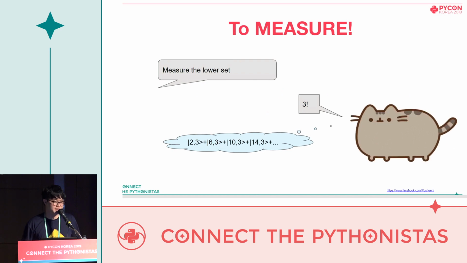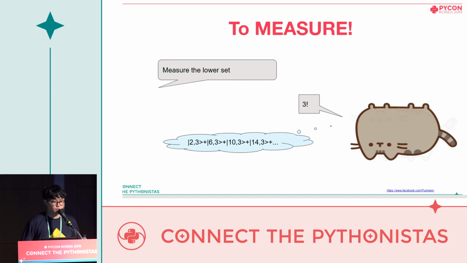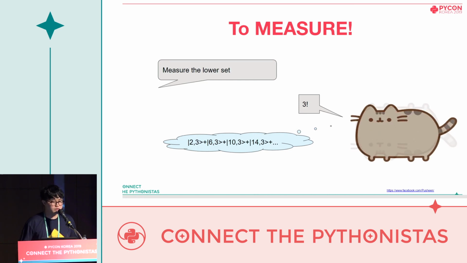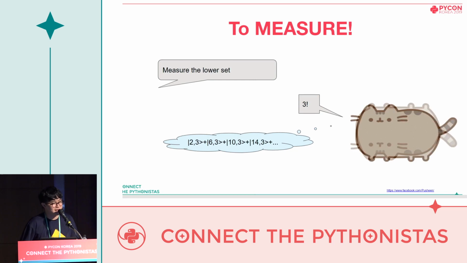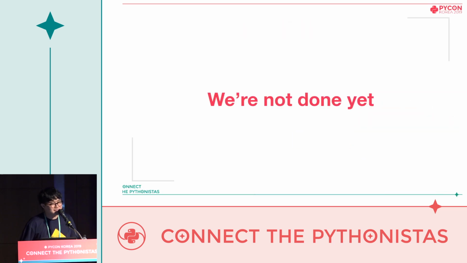If we measure the lower set, then the lower set will give us one of the remainders, which in this case is 3, randomly chosen. We haven't measured the upper set yet, so all the other powers that have different remainders disappear. Note that the remaining upper set increases at a rate of 4, which when used as a power gives the remainder 1. So we can think that we can just measure and get our result here, but if we do so, just like before, we would just get a random number from the possible states. So that means we're not done yet.